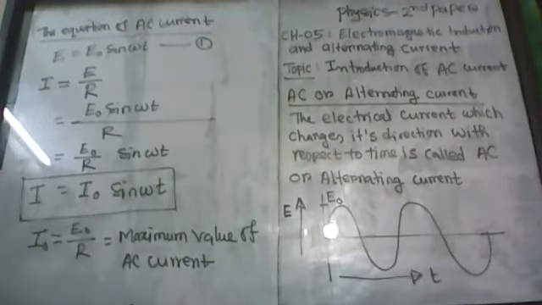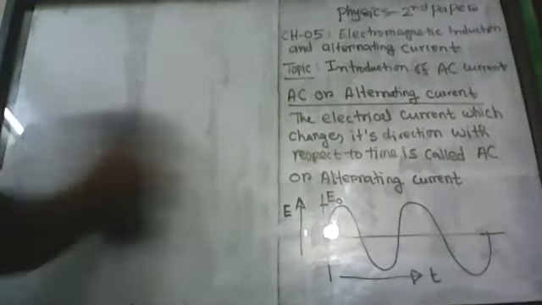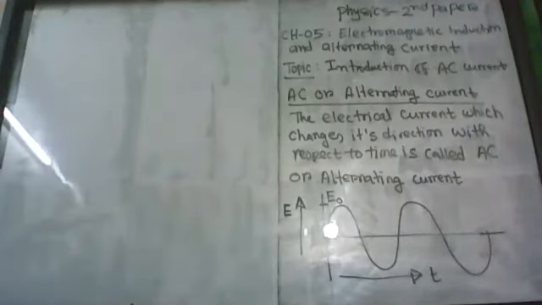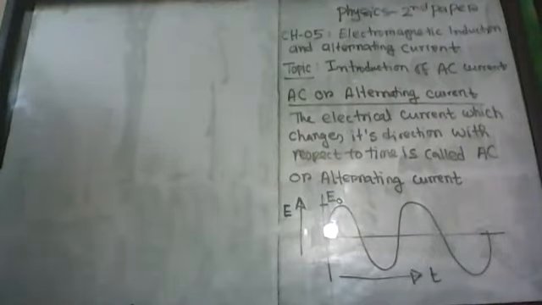Now, in the next step, I'm going to find out the average value of the AC electromotive force or voltage. You see that, boys and girls, this AC voltage changes its direction with respect to time. Since it changes its direction with respect to time, we can say that I'm going to find out the average value of AC current, by its complete cycle.